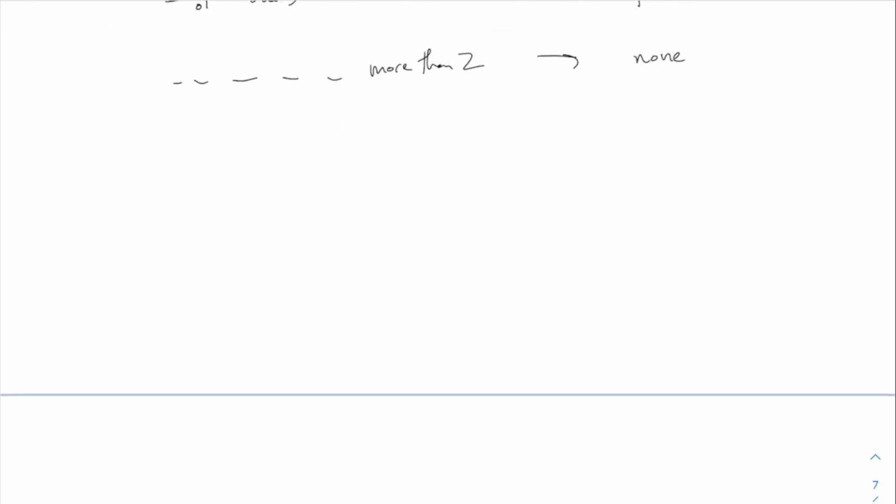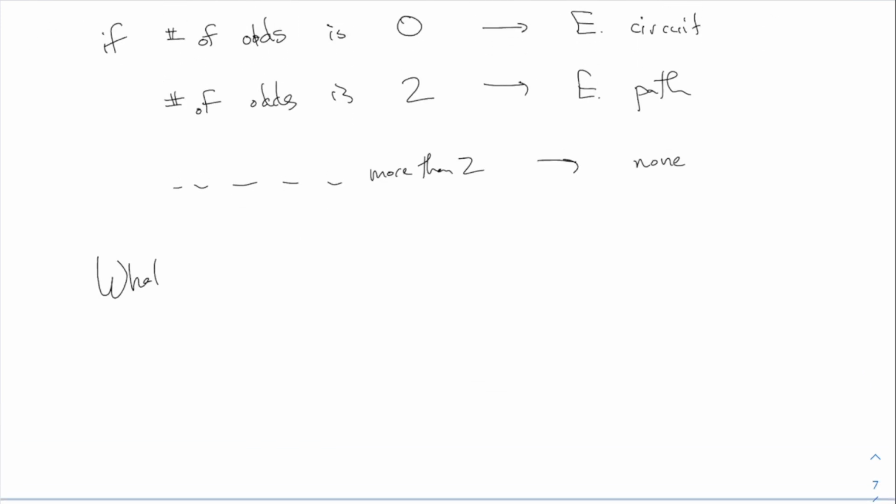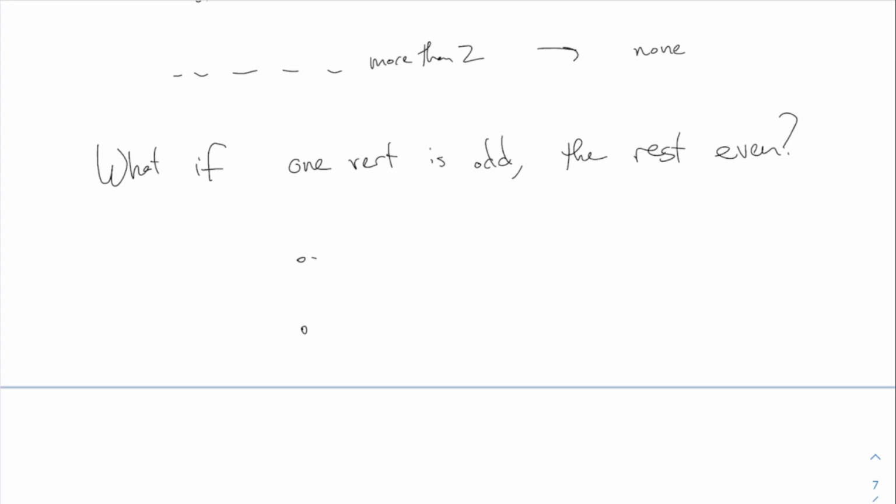So what if one vertex is odd, the rest even? This is also something that Euler himself thought about. What if one vertex is odd and the rest are even? Can anybody give me an example of a graph that's like that? Or maybe something like,